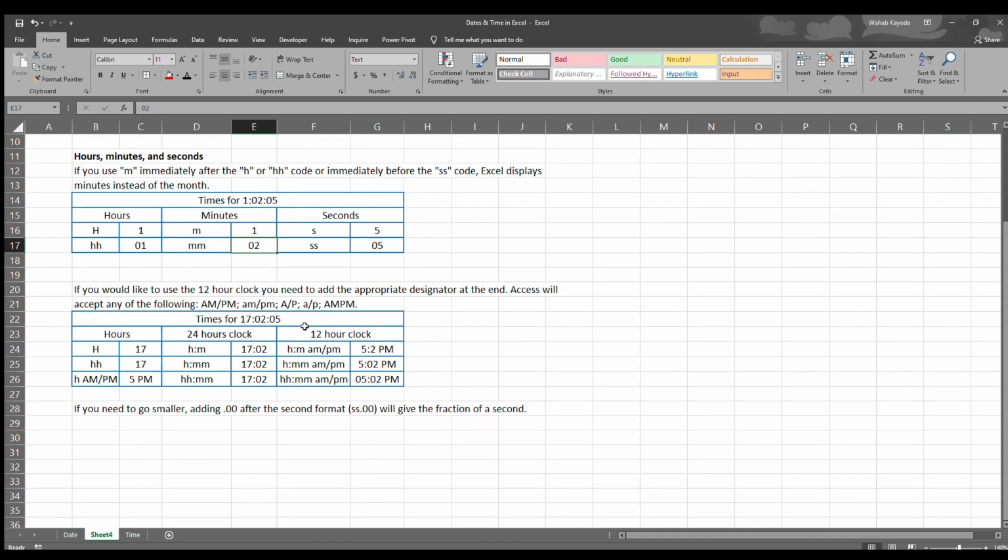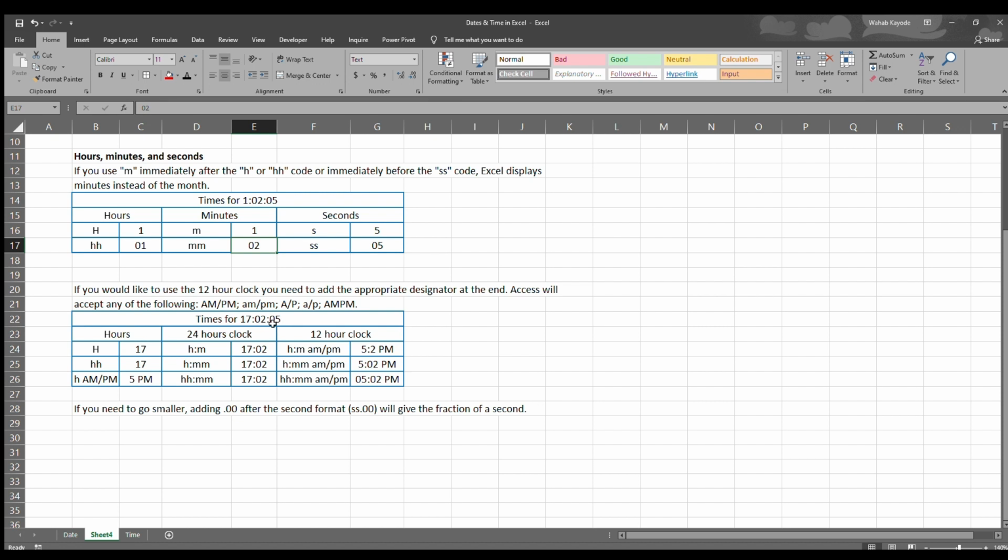Now, I know some of you are already pondering, oh, what if your time is on a 12-hour clock? I know most of us find it easier to work with the 12-hour clock, AM and PM. It's fine. Excel has got your back as well. Excel also accepts AM and PM. So the best way to do this, if you have, for instance, this time